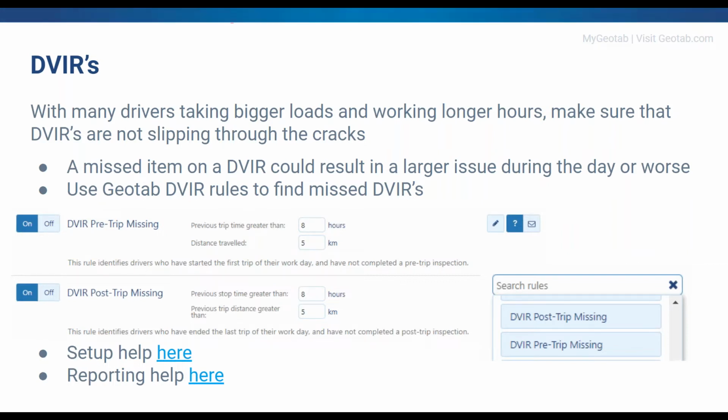And you don't want to have a lot of these missed, because if you do get inspected, or if you do go in for an annual, you might have a whole lot of extra work to do if you haven't caught some things that your drivers would have normally caught had they been doing their DVIRs. So I wanted to mention this, A, because it is something that's just out of beta and it's available in the 2001 release, which just rolled out, but also it's really helpful in this particular case. It will automatically alert you if these DVIRs are missed.